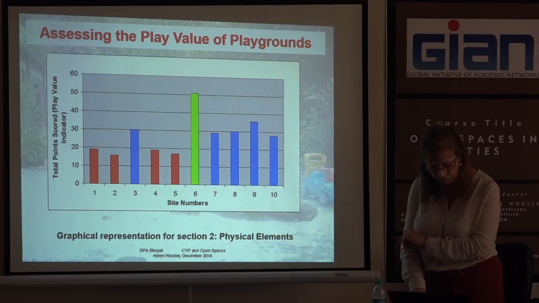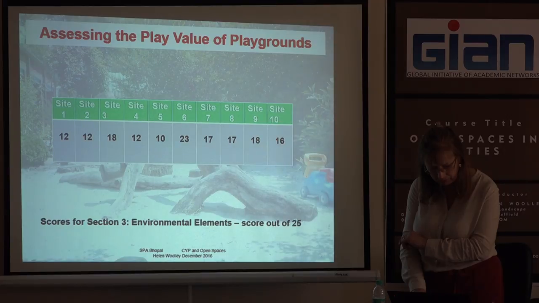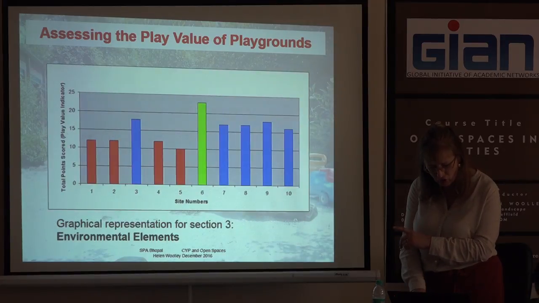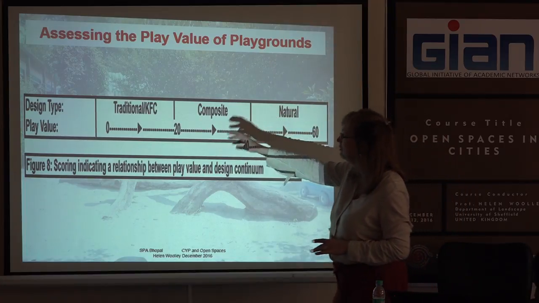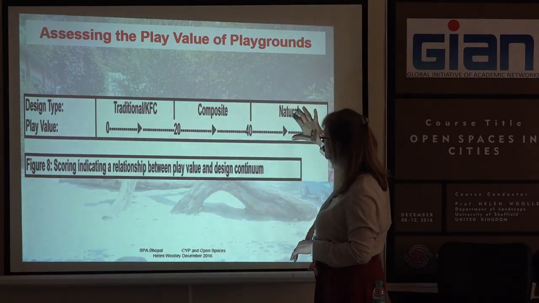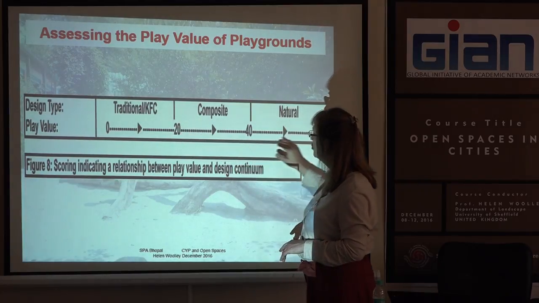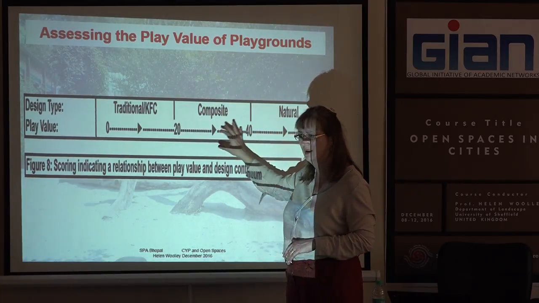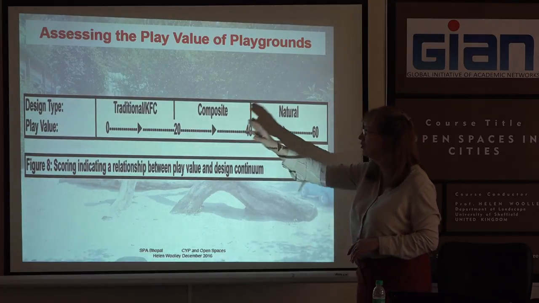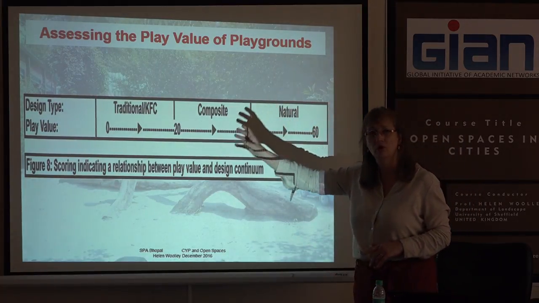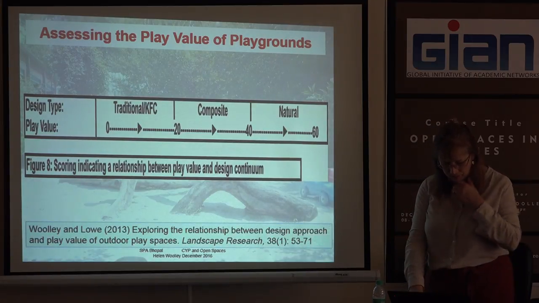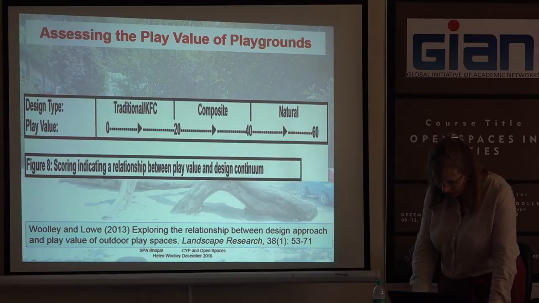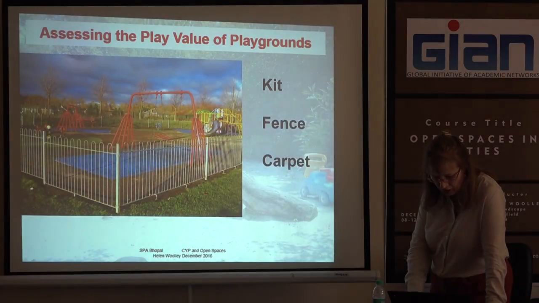Okay. So what we begin to see is a trend coming through, when we analyse this, of the three pillars. It's not just a kit fence carpet playground and a natural one, but a range of sites, and we came up with this term of composite playground. It was something in between that was trying to perhaps be more natural but not quite achieving it, and achieving it in a sort of half-hearted way. And that's the reference to the paper. So this, from the sites that she looked at initially,